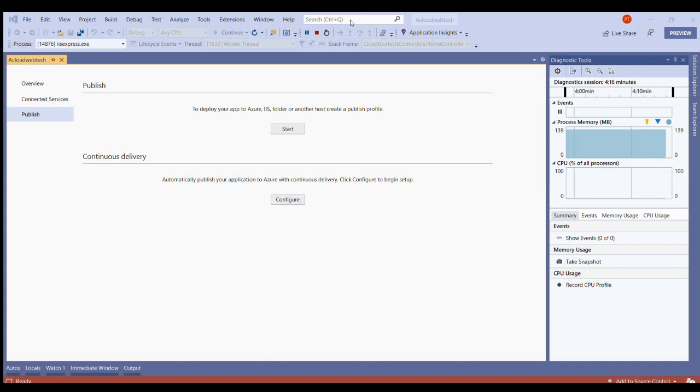It is going to take at least 1 or 2 minutes to deploy the application into Azure. Once that is done, we can browse the respective web application here. Once we browse from here, we can also go to the Azure portal to see how our app service, how our web application, looks in the app services.